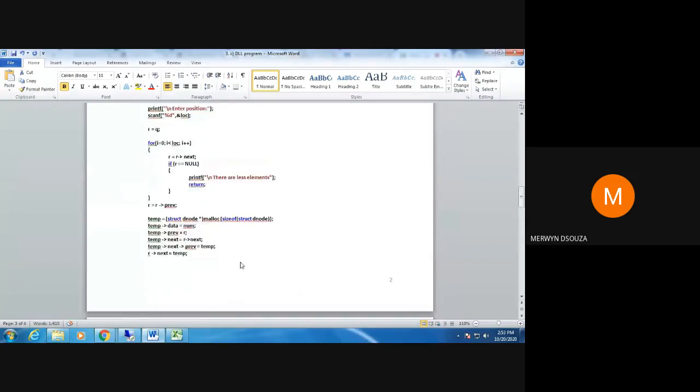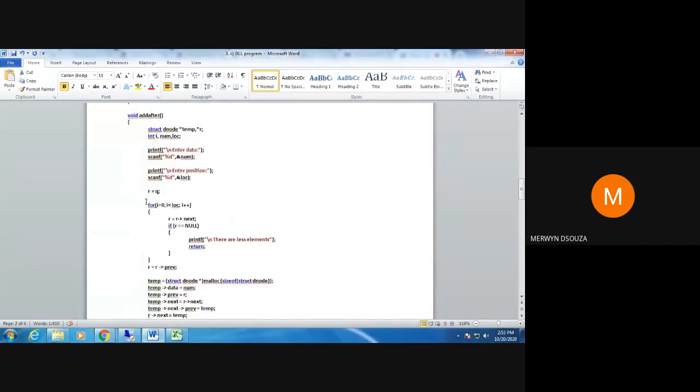Now coming to your other question with regards to position, you will have to use some concept like this. Yesterday I showed you how to add after a particular position. You will have to take the position and move your pointer to that position using a loop, like I showed you in that add after function. Position your pointer accordingly, and then do the deletions in the middle according to the position.